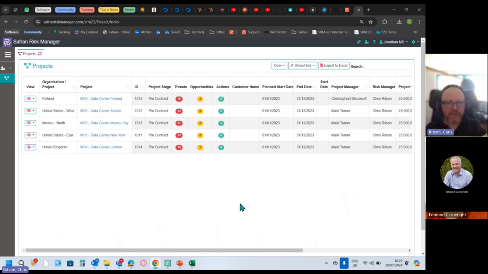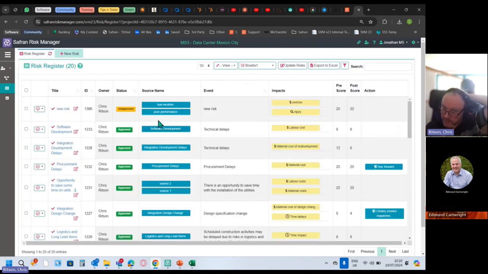But really, what I want to get to is clicking into one of these projects. So let's just pick on Mexico City, because it just has the most risk. So we'll just click and see. So in the risk register view, what it actually says at the very top of the screen is the name of the register that you're actually inside. Now that's important, because once you're now